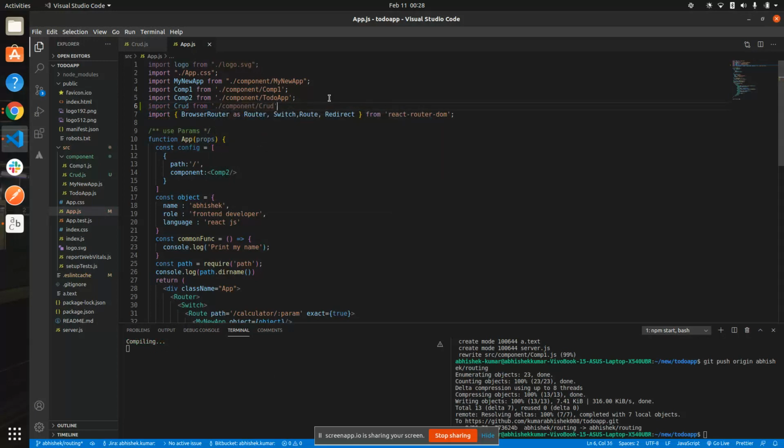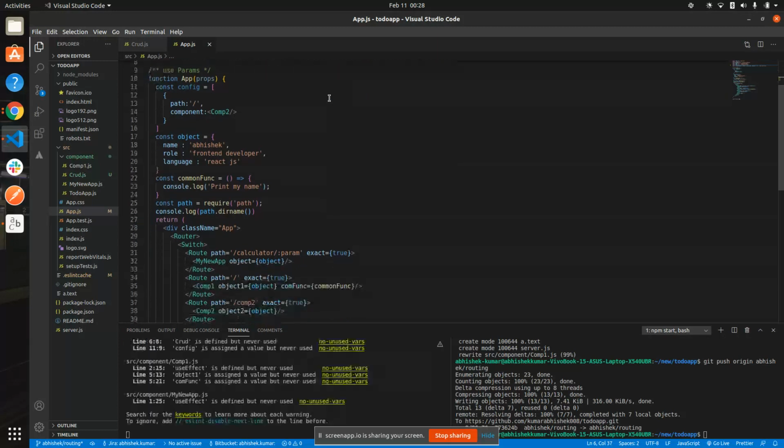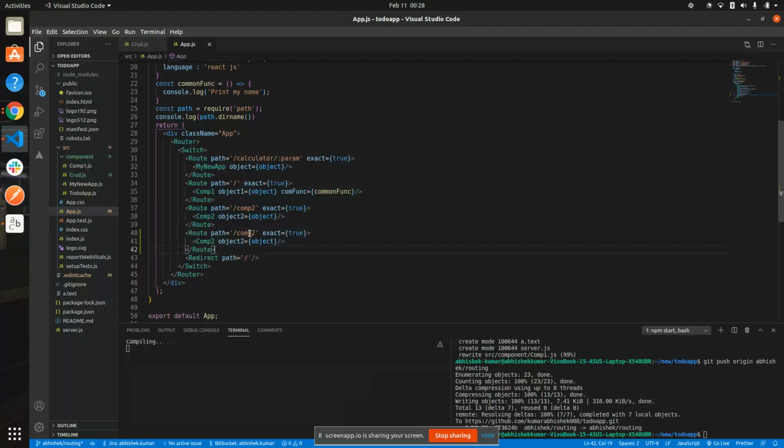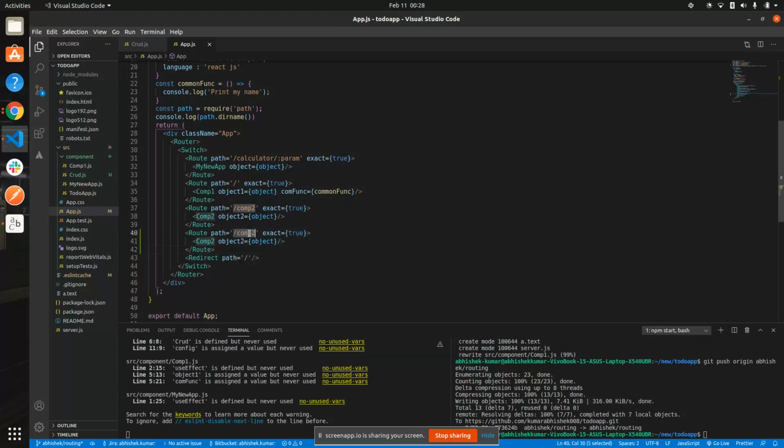Okay, so we have already imported our file, and now we're going to set a route for this component. So let me copy this and paste it down below like this, and I'm going to put it as CRUD,